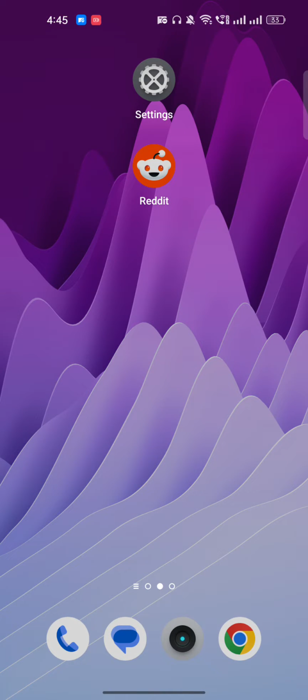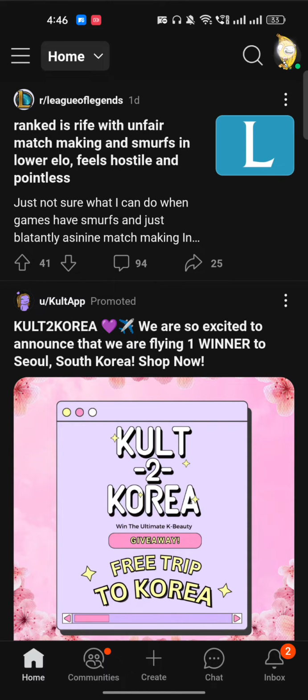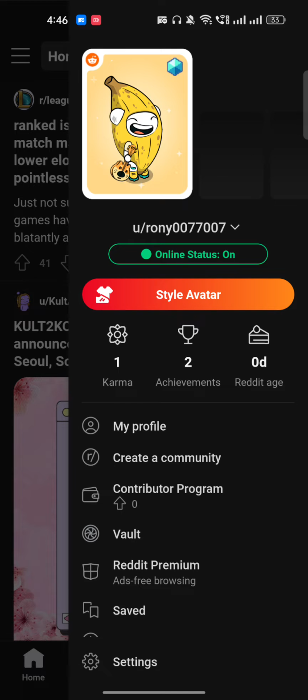Hi everyone, in this video I'm going to show you how to turn on NSFW on Reddit. So head over to your Reddit mobile application here. On the top right you will see your avatar, click on there and just go to the settings, which is